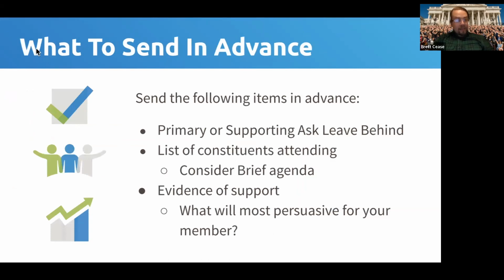All right, so one of the other things that we always remind leads of, this can be easy to overlook, and you can coordinate with your liaison on it, is that the Congressional Management Foundation reminds us one of the most important things you can do in advance is sending your agenda to the members of Congress or staff you're lobbying. So a list of who's coming, especially if they're constituents, or identifying them with a quick bio, saying what your primary ask specifically will be, and any follow-up or local evidence of additional support for that ask. Those are the three things you want to make sure, if you can, to consolidate in a brief,